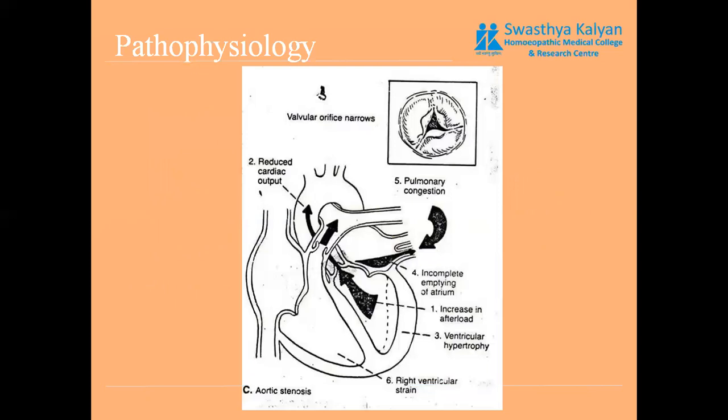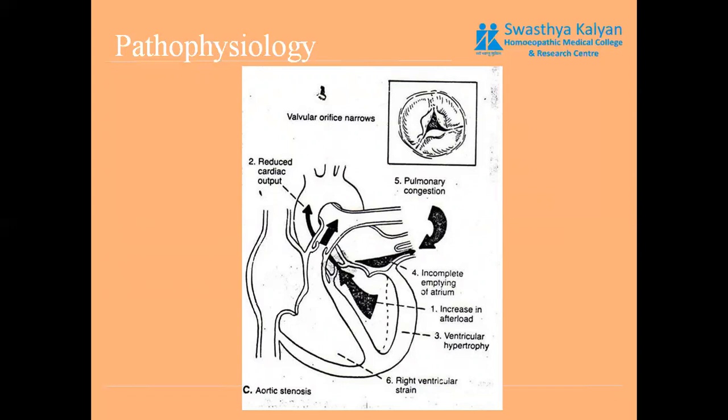Now, understanding the pathophysiology. As I said, the aortic valve won't open completely, so it would be difficult for the blood from the left ventricle to enter into the aorta because the valve is not opening completely. So, this is the resistance present in front of the blood, and that is the afterload. First of all, the afterload on the left ventricle will increase. This increased afterload eventually leads to reduced cardiac output. This is because whatever is coming out of the left ventricle is going to supply your whole body. So cardiac output gets reduced.